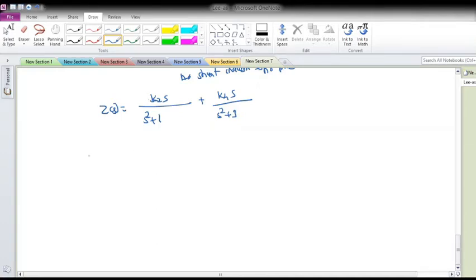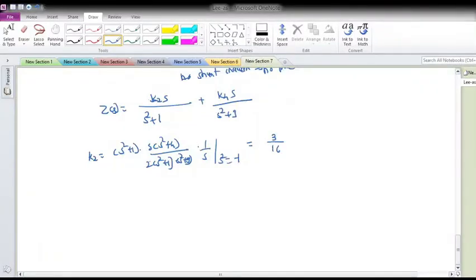Now let us find the residues. What is the residue? K2 will be, at s square plus 1, of the form s into (s square plus 4) divided by 2 into (s square plus 1)(s square plus 9) into 1 by s. Why is 1 by s coming? Because of multiplying the factor (s square plus omega 2 square) into Z of s by s, where s square is equal to minus 1. If you substitute, you will get 3 by 16.